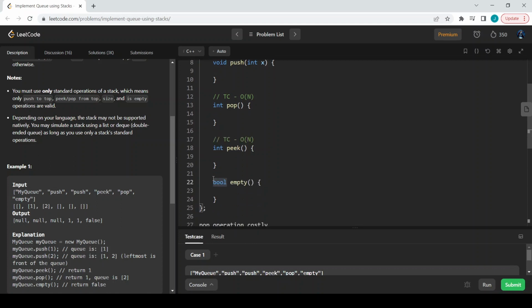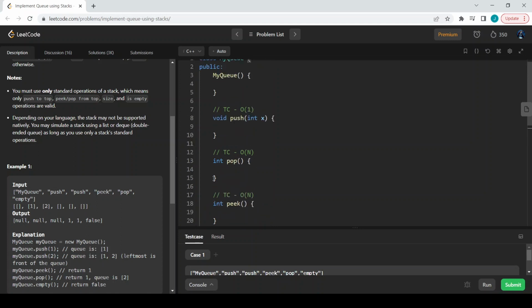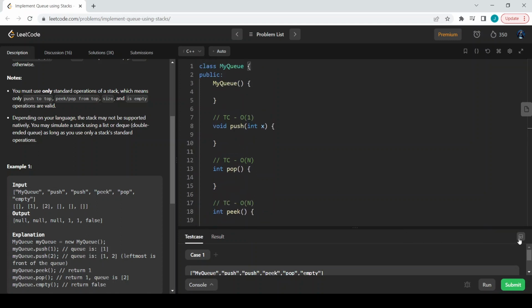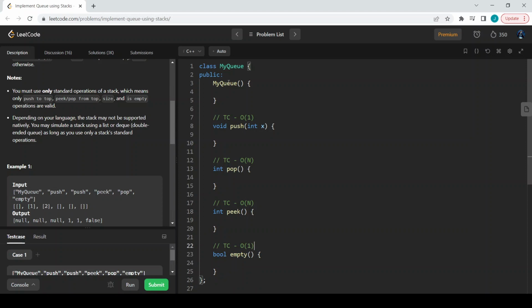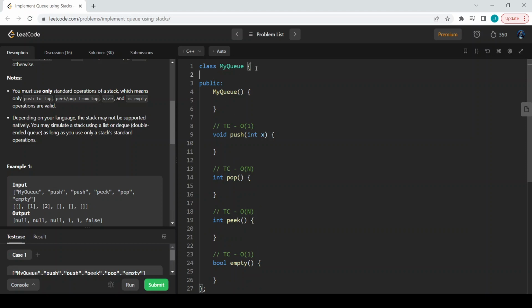For empty it is going to be order of 1. So these are the time complexities that we will be doing in our problem now. So whenever my queue object is created, we can just create